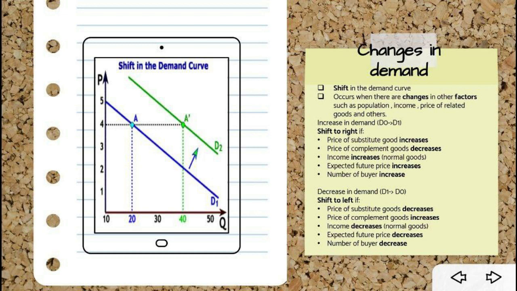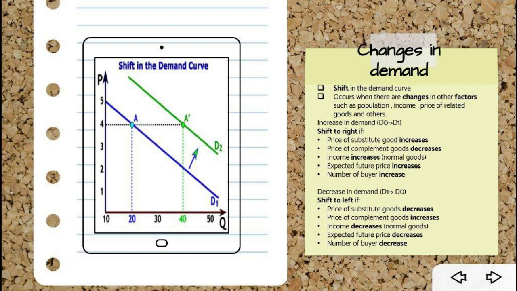Next, the graph shows the changes in demand. First, the graph shows a shift in the demand curve. It occurs when there are changes in other factors such as population, income, price of related goods, and others. When demand increases, the graph will shift to the right. This happens if the price of a substitute good increases, the price of a complement good decreases, income increases for normal goods, expected future price increases, or